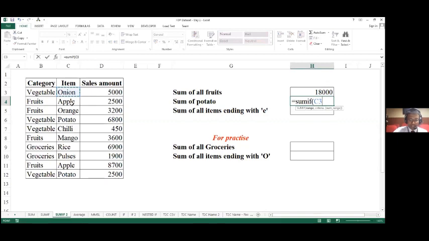This is where Excel will have to look to identify if it's potato or not. Then my logical criteria here, since it's potato, I have to define within open quotes. So "potato", close quotes, comma. And now, where exactly does Excel have to look to sum up the sales? That is here, D4 to D12, then close, and let me press enter and see. It has given me the answer as